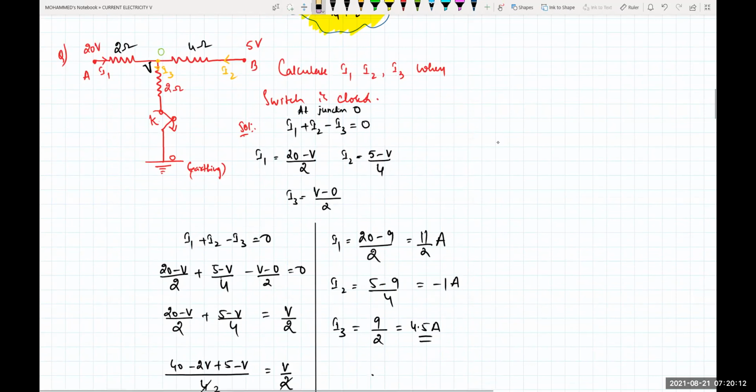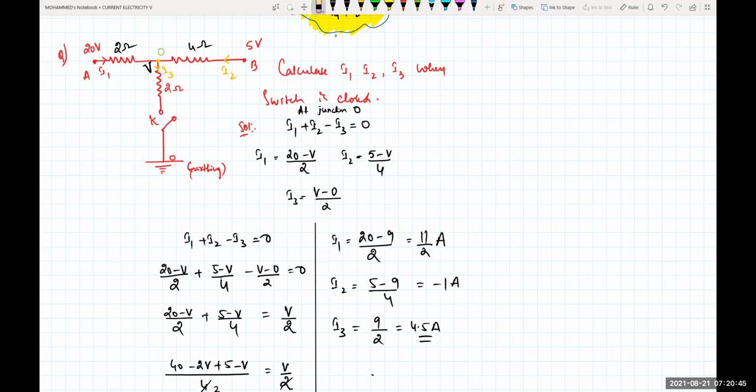I'll just take something like this. This is an open circuit. Okay? So from A to O, there is a resistance of 2 ohm. O to B, there is a resistance of 4 ohms. And from O to the origin O, there is a resistance of 2 ohms. From A, there is a current I1 coming. From B, the current I2 is coming. That I1 and I2 will meet at junction O. And then from junction O, it is going through 2 ohms. As it is open, there will be no use of I3. So that will be only a series combination.